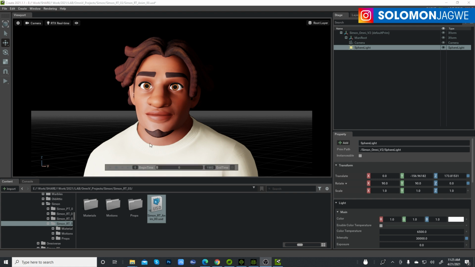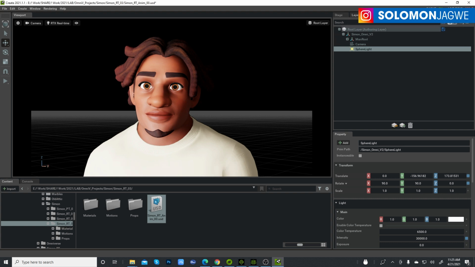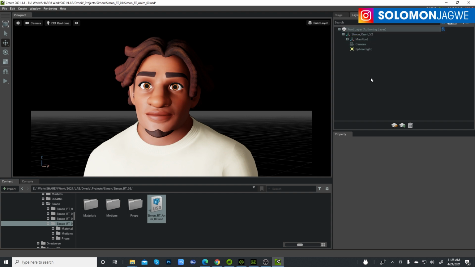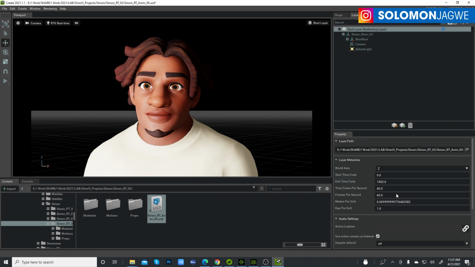All right, so we've loaded our character and added a light. And another quick tip, guys: if you go to the layer tab over here and deselect, but click on the root, this is where you set the frames per second. So if I play back this animation,